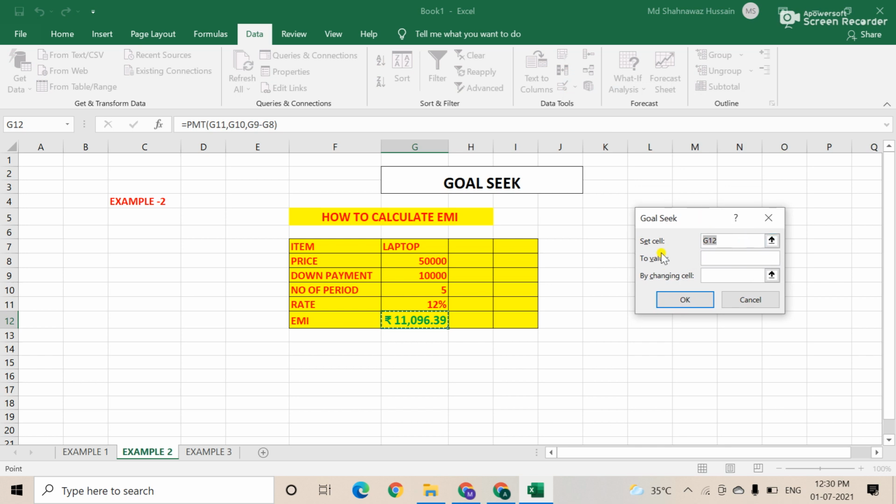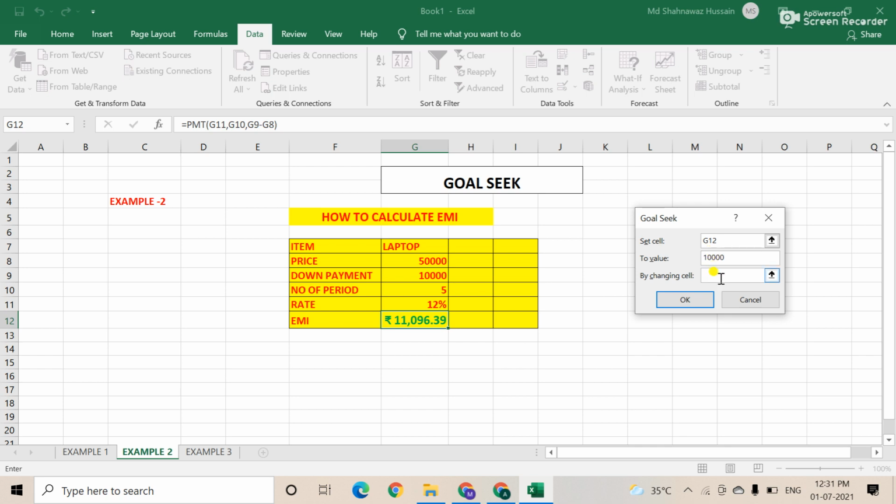You see here: set cell, to value, by changing cell. So here the set cell is G12, which you already explained in example one. Add the value. Suppose as a customer I am able to pay only a 10,000 EMI, right?